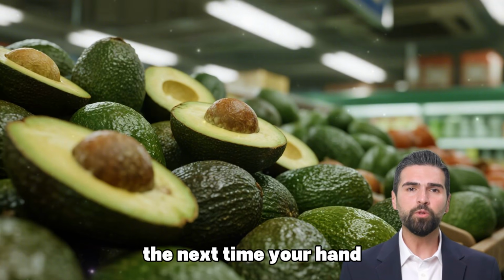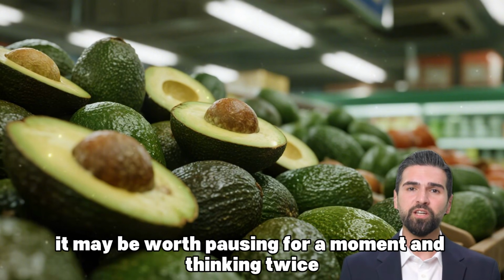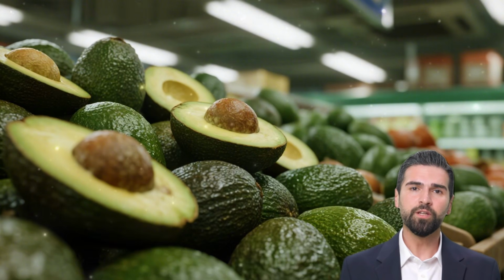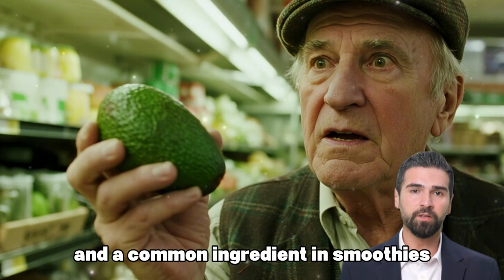The next time your hand instinctively reaches for that perfect-looking avocado in the produce section, it may be worth pausing for a moment and thinking twice. For many Americans, avocados have become more than just a fruit. They are a symbol of a healthy lifestyle, a staple in brunch menus, and a common ingredient in smoothies, salads,